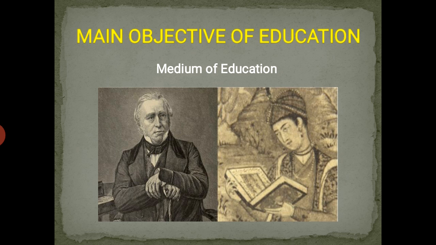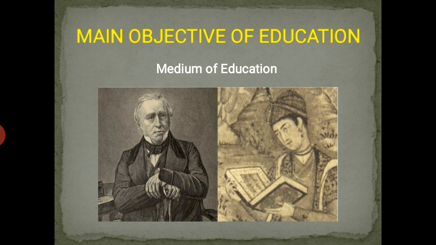Students, the British decided to take steps in the field of education in India, but an argument arose between the Orientalists and Anglicists regarding the medium of education. That is the most important point, students, regarding the medium of education. The Orientalists favored the traditional system with Sanskrit and Persian as the medium of instruction, while the Anglicists, that means the English, favored English as the medium of instruction.